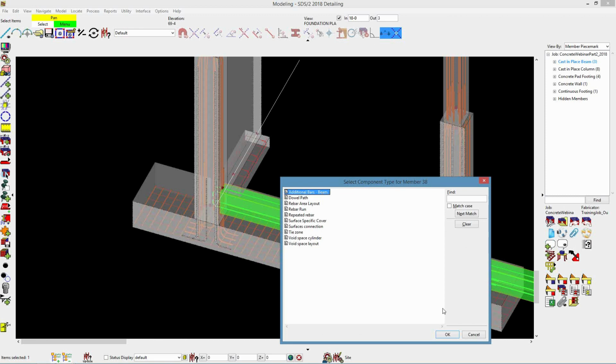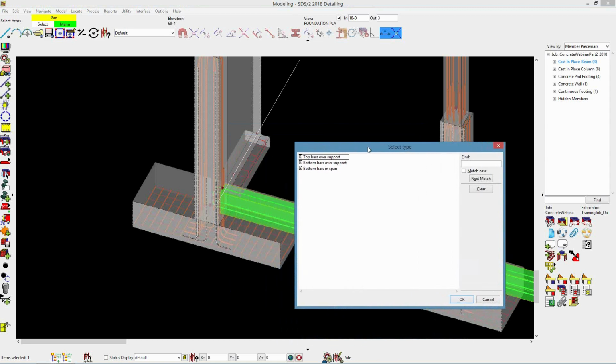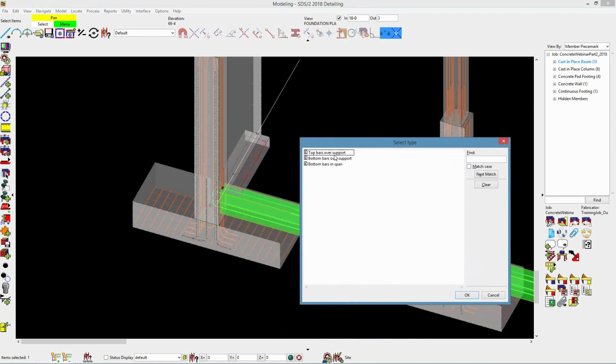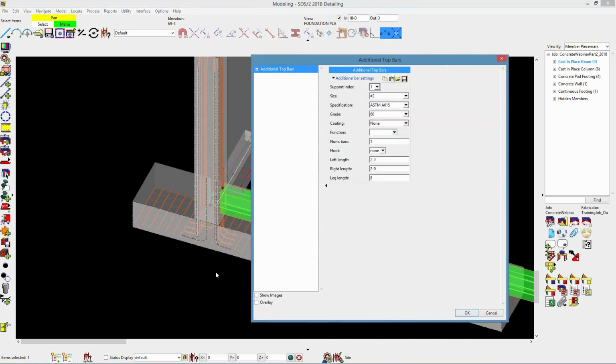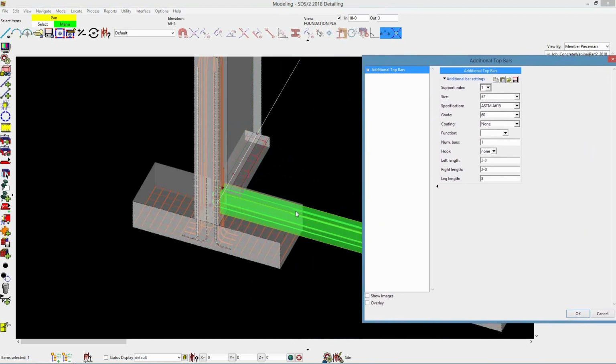the additional bars beam option, you'll notice that it gives me my different options here. So top bars over support, bottom bars over support, bottom bars and span. So I'll have 3 different options. So we'll go ahead and cover all 3 of these. I'll go ahead and pick my top bars over support. So when I go ahead and hit OK here, it's going to be talking about the top bars in my